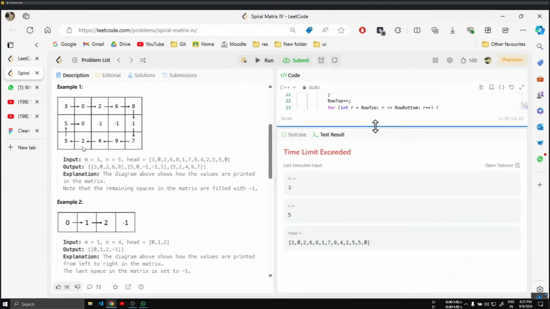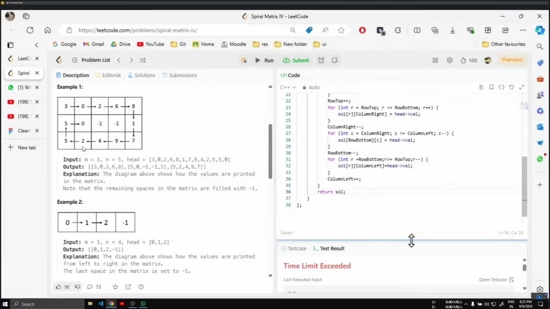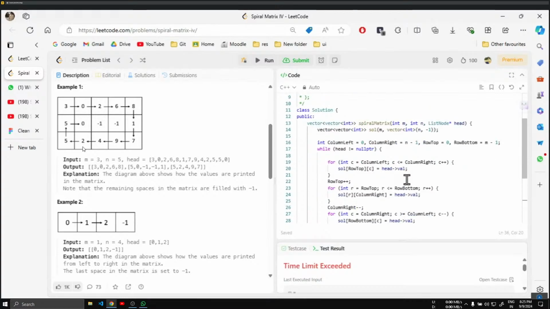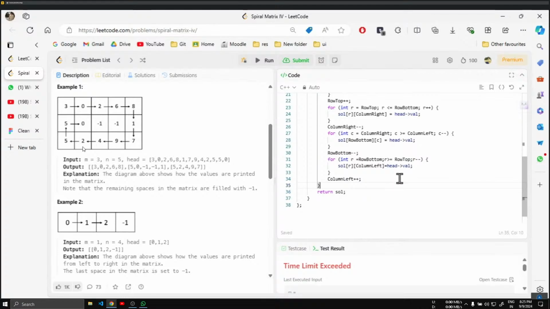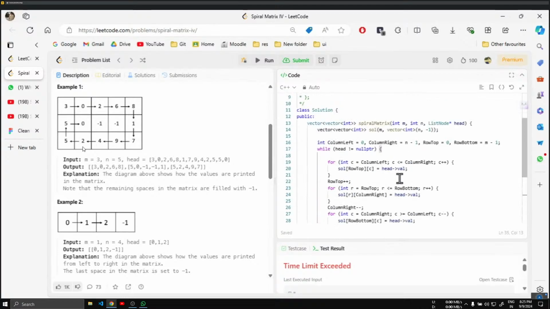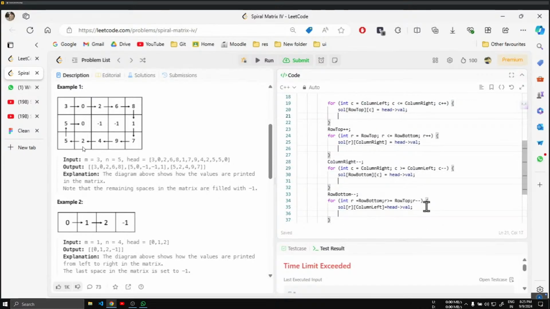One thing is that you didn't traverse the entire linked list, right? Okay, head. We have to update the head. One more thing, that's why I said we shouldn't use while head is not null pointer, right? So one thing we can do is,